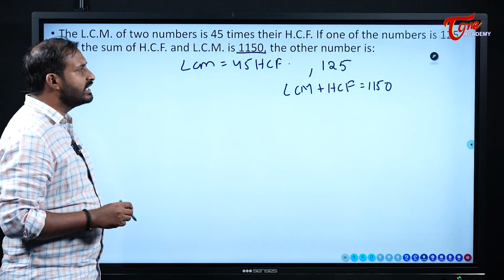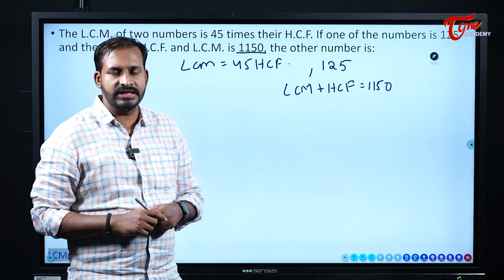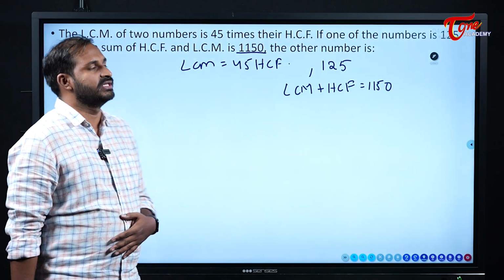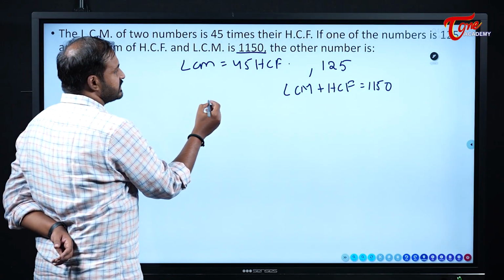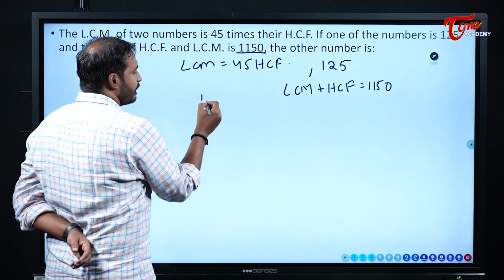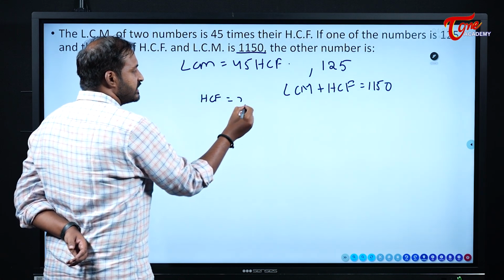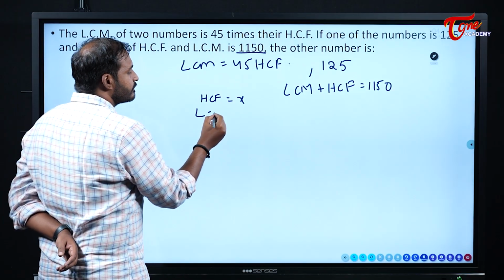Now see here very clearly they given us the relation between the LCM and HCF. LCM is 45 times of HCF. So if I take HCF as some x,